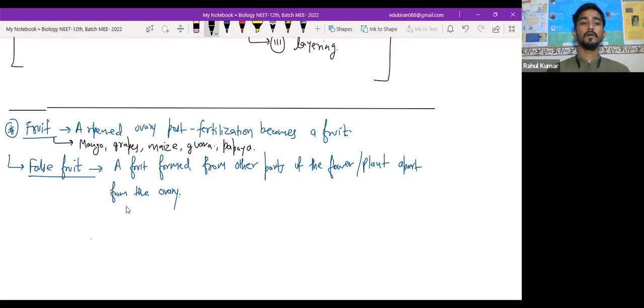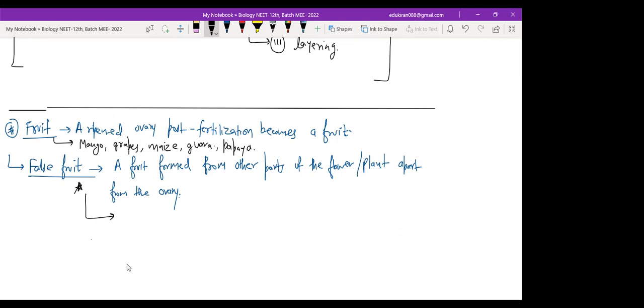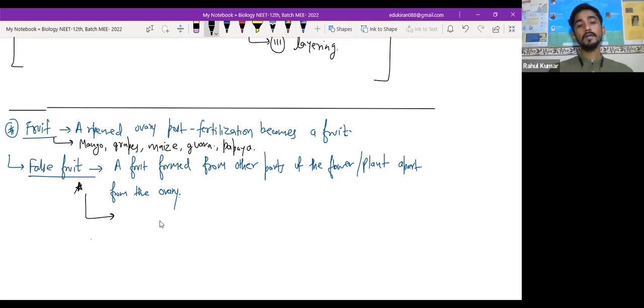Okay. What are false fruits? Any example? You know, because majorly you have to focus on what are false fruits. Strawberry. Yes, that's one false fruit. But in false fruit, let's not just write the names of the false fruit. Let's also understand from which structure they are formed. If they are not forming from the ovary, then from what they are forming. So write down